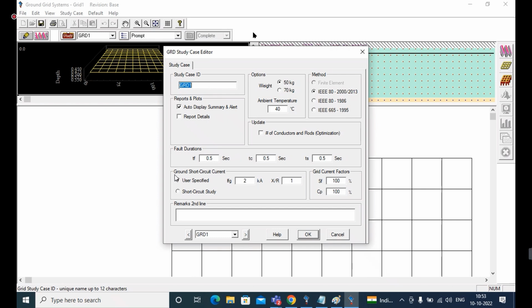Can you see here, ground short circuit current? Here we have two options: one is user specified and the other is short circuit study. So now I'm going to mention user specified. I'm only going to assign the fault current. How to get that fault current directly from the design, I will discuss later, after finishing the finite element method.